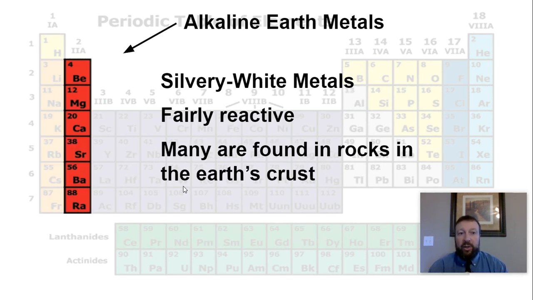Then group 2, which is the second column, 2A, they use Roman numerals. Those are called the alkaline earth metals. Alkaline earth because many of these are found in rocks in the Earth's crust, so that's where the name earth comes from. Somewhat reactive, they don't really exist by themselves, but they are not nearly as reactive. They're not violent. More of a whitish color metal, but still silvery, still metals. But a lot of these are